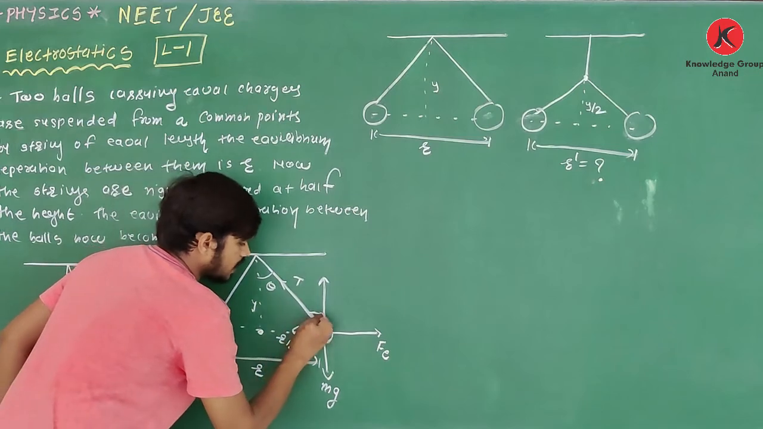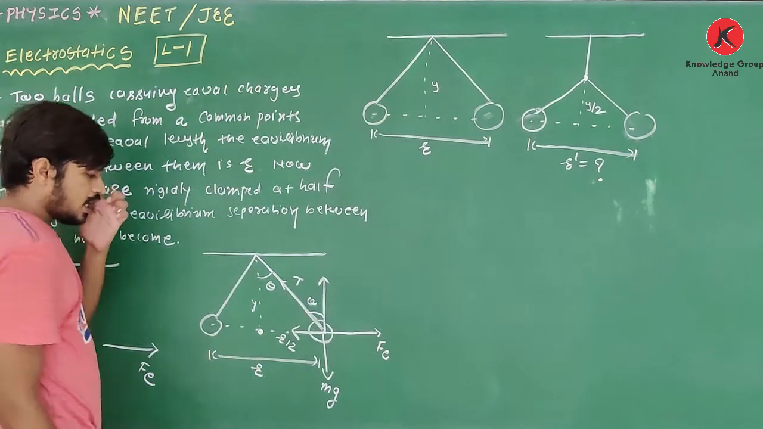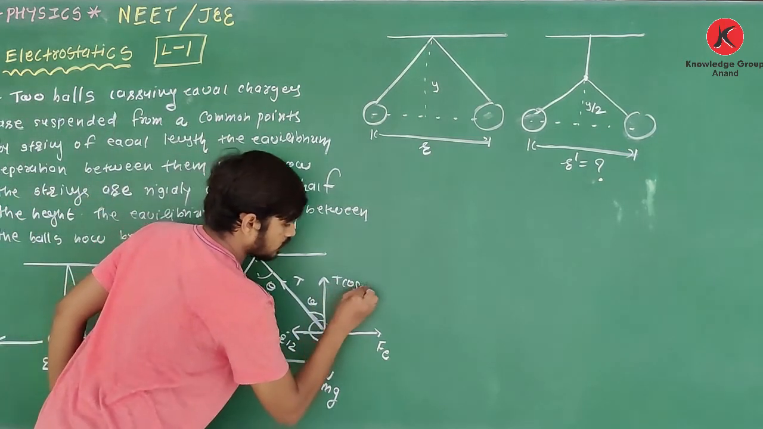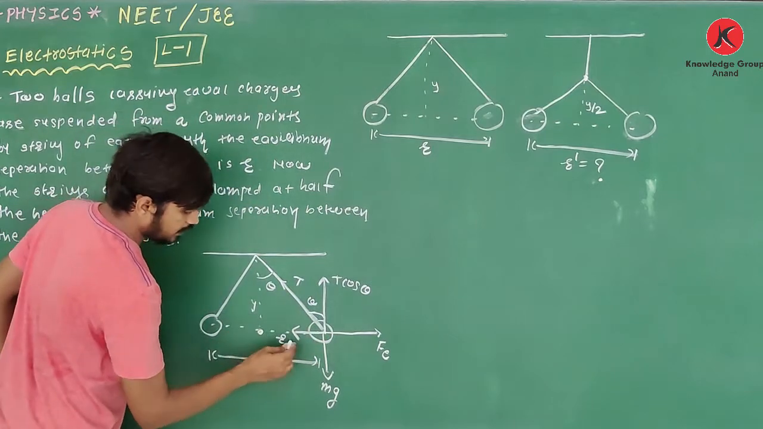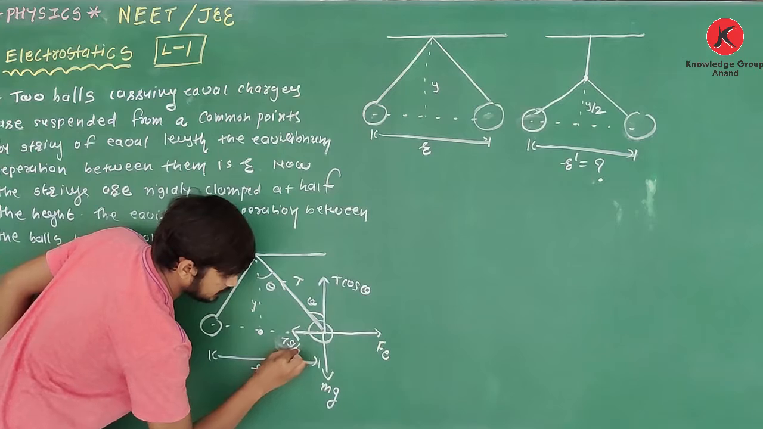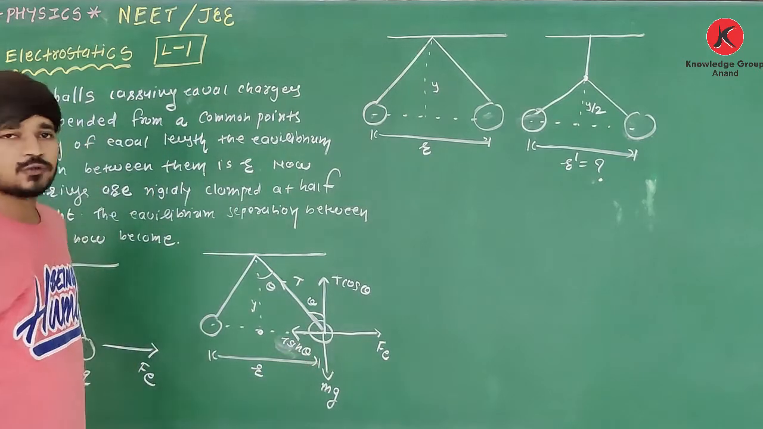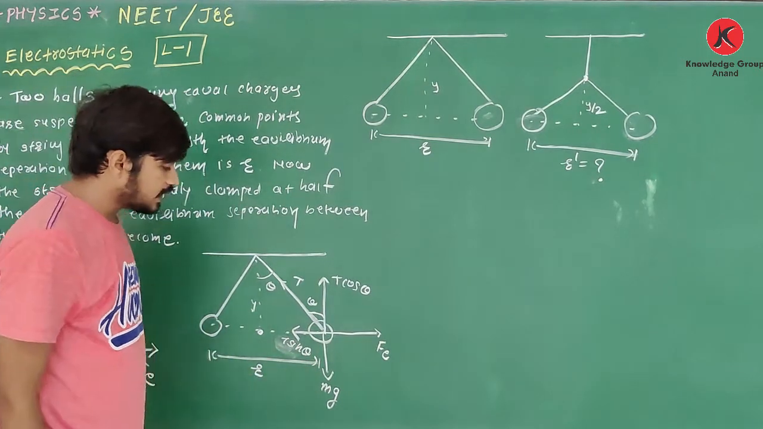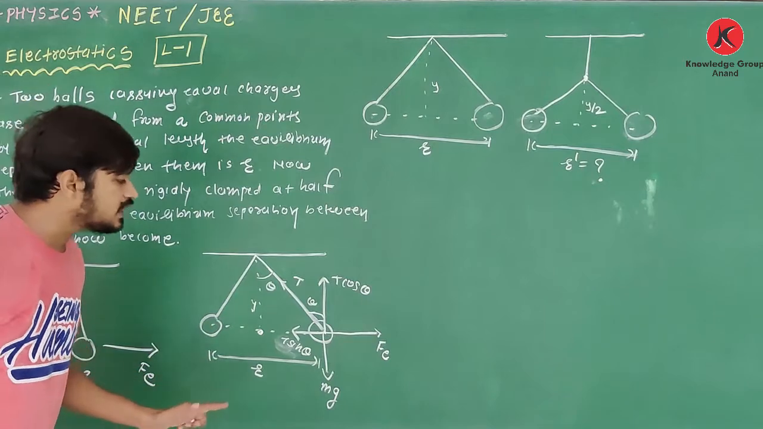This angle is theta. Obviously this angle will become theta. So it is T cos theta, and this component will become T sin theta. Clear about this? Yes, it is T sin theta. Now as the system is in equilibrium,